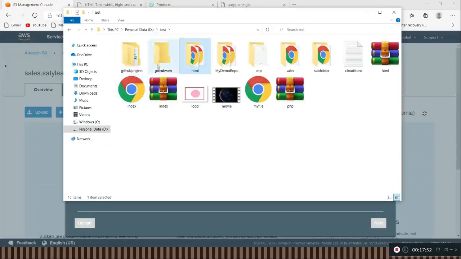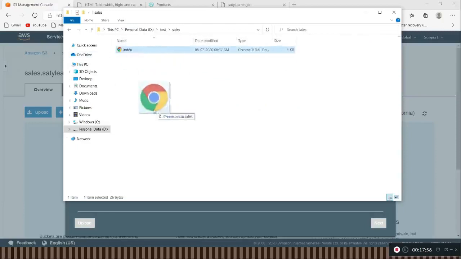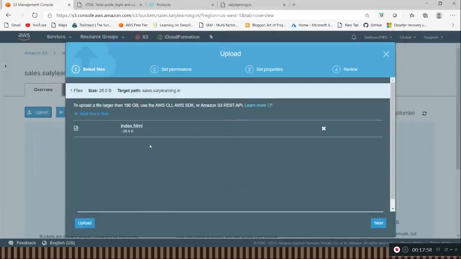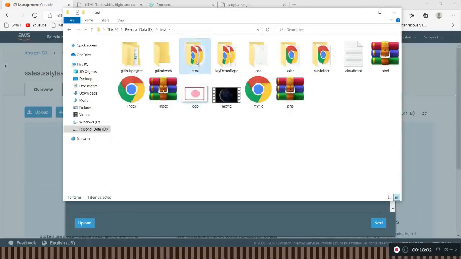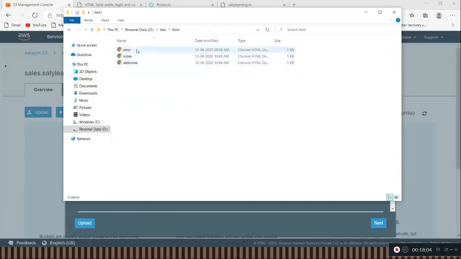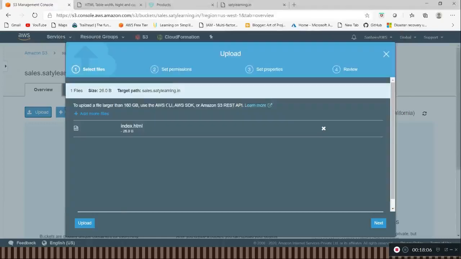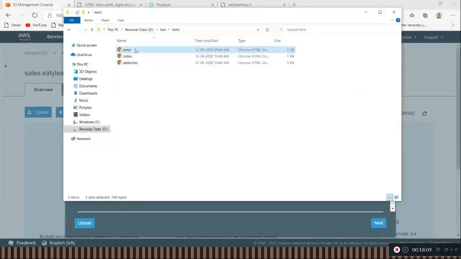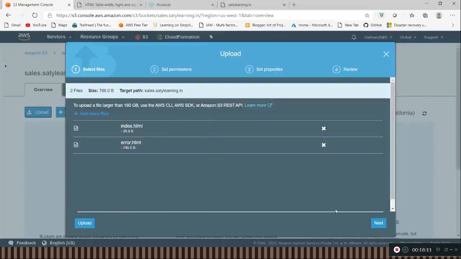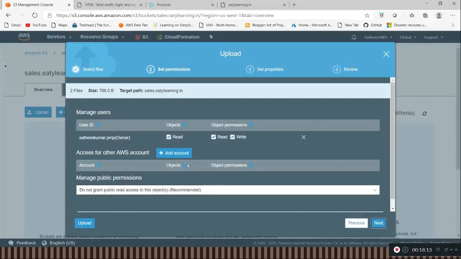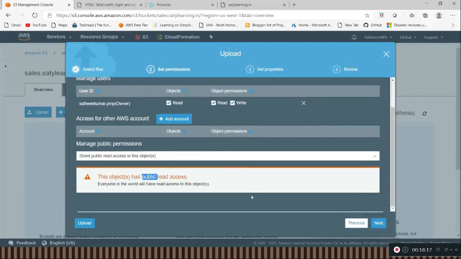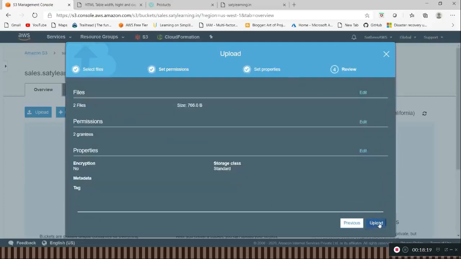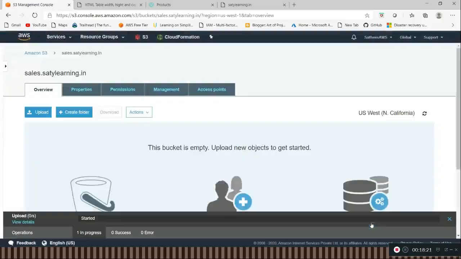So here we have sales. I am drag and dropping the index file, and I will also copy and paste the default error HTML. Next, I am giving public access and upload.